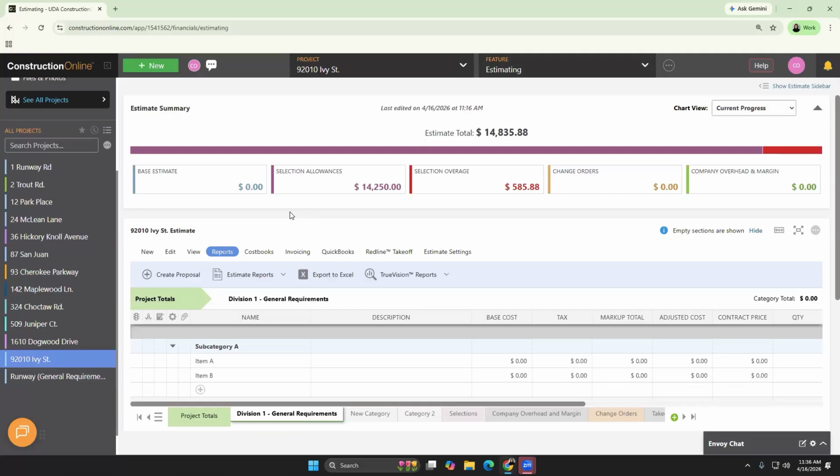Yeah, Ivy, and that's where our new bid tracking feature comes in. So, if we're thinking about the process of building out an estimate and getting really accurate pricing, some people prefer to do this part before you generate a proposal and send it off. Some people prefer to do it after. Either way, the bid tracking feature in Construction Online allows you to manage the process of soliciting and comparing bids